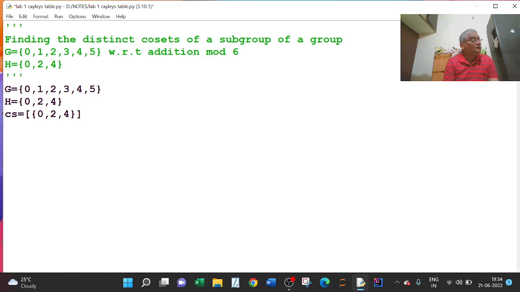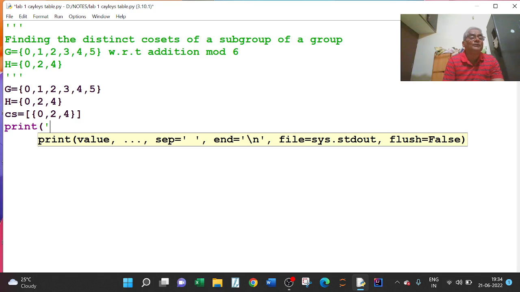Then I will write one print statement: print, open bracket, single quote, number of distinct cosets are, quote close, comma.